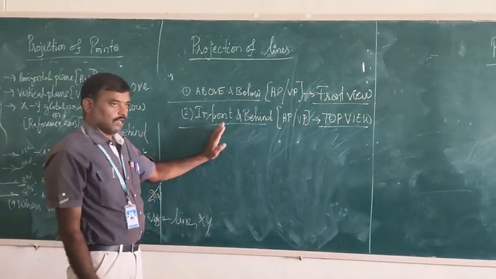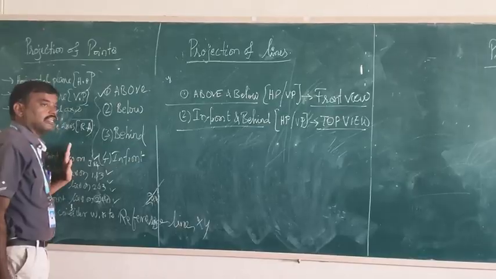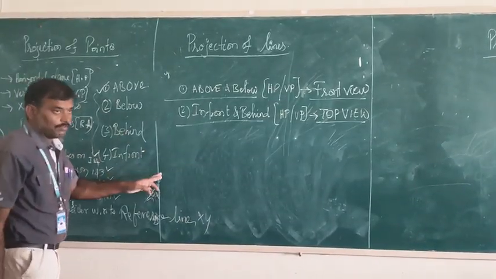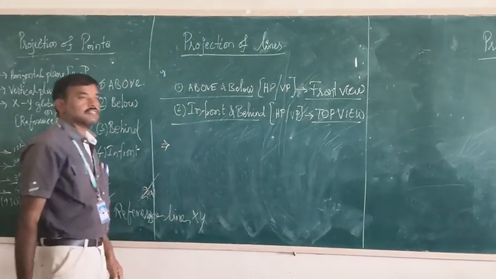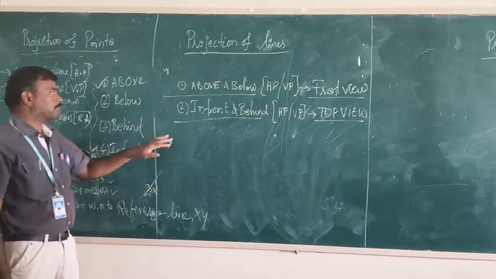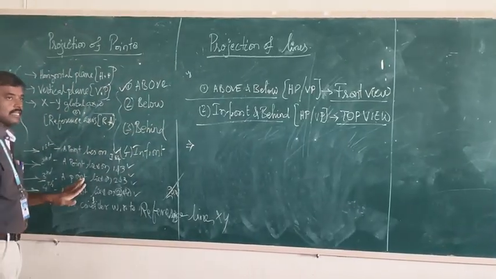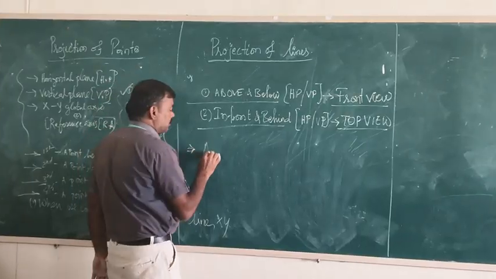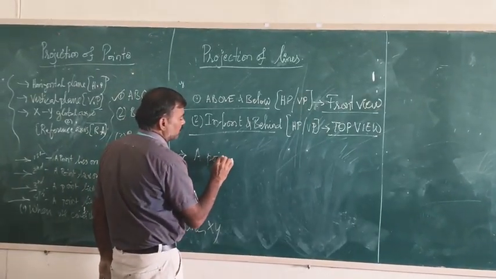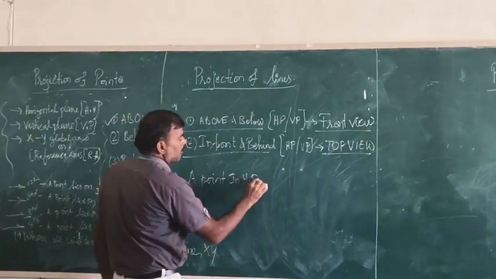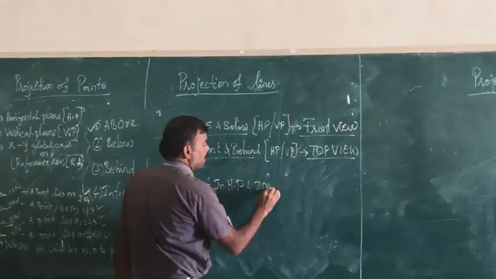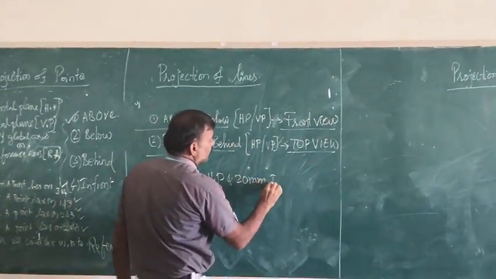These are very, very important in projection of points. Along with that, one more important point is, whenever there is no explanation about these things, it simply says that a point in HP and 20 mm in front of